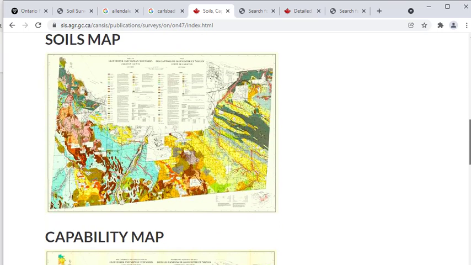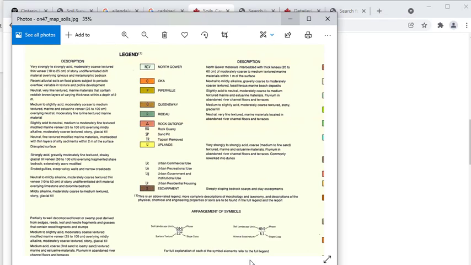So here is the soil map. If you zoom into the soil map, you can find out what soil type it is. Our Green Creek area is somewhere around here. And then you have to use the legend that is described here to find out what soil type it is. So let me show you the image. So here is a legend.